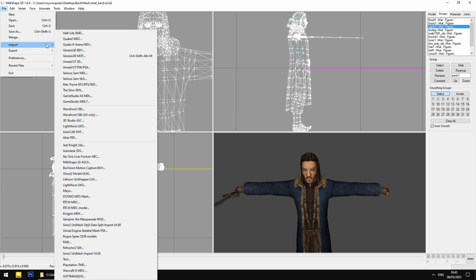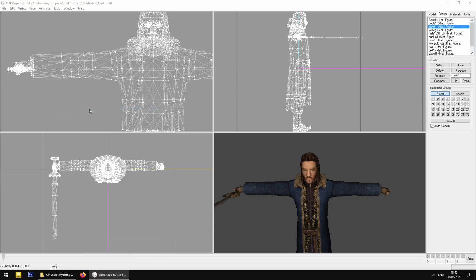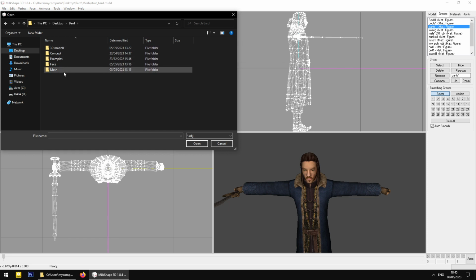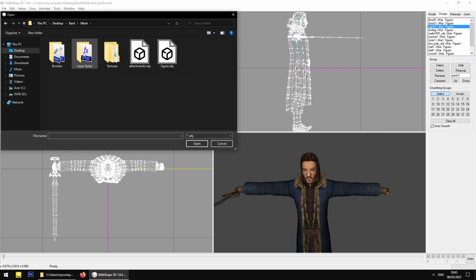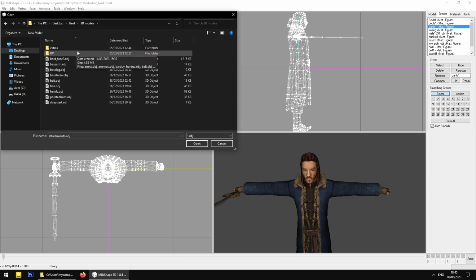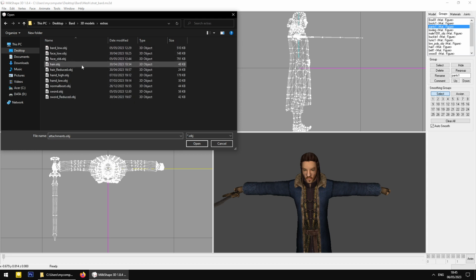You can go to File, Import, and Wavefront OBJ, and you can import your OBJ. I believe it's in extras here. So I've imported this file, so barred low,